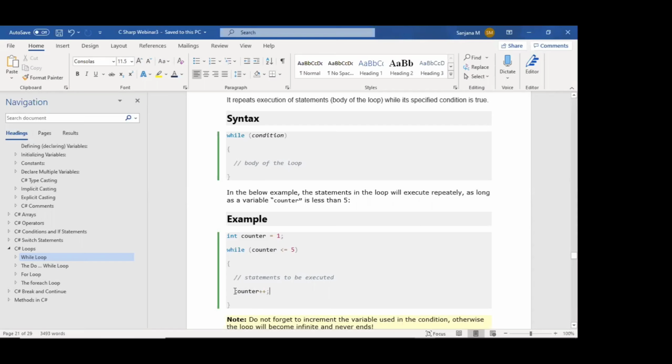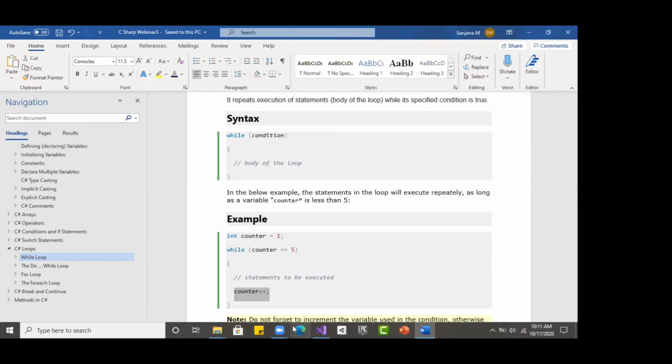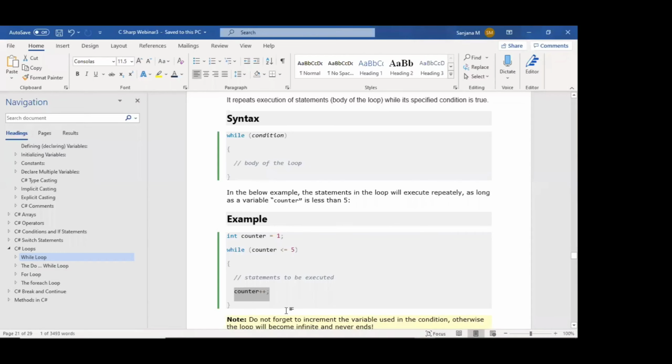If we don't use this, counter less than or equal to 5 always satisfies, so it continuously executes the statements within the body. It never ends and becomes an infinite loop, running those statements forever. To avoid that, we should increment the counter.